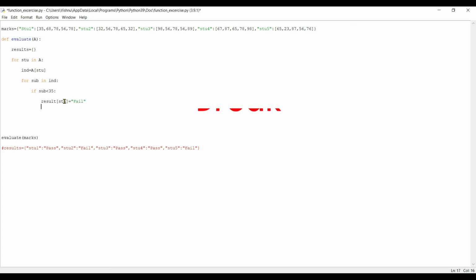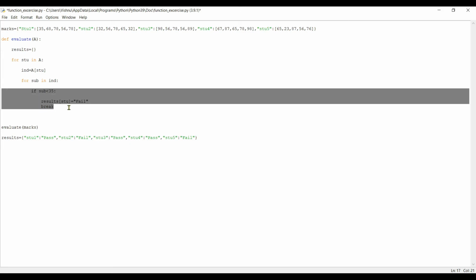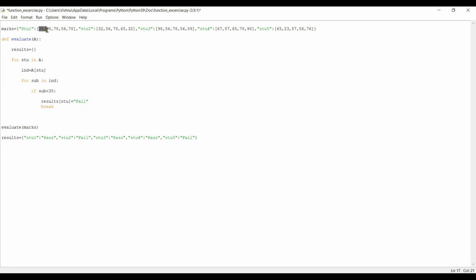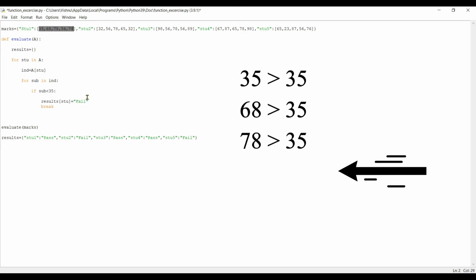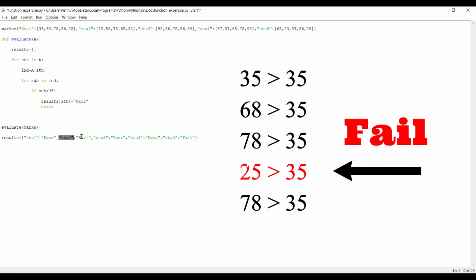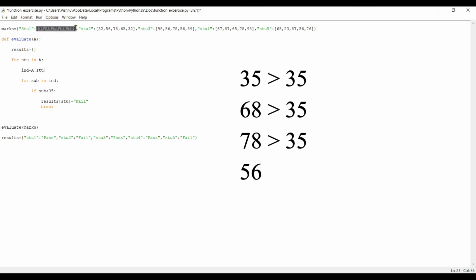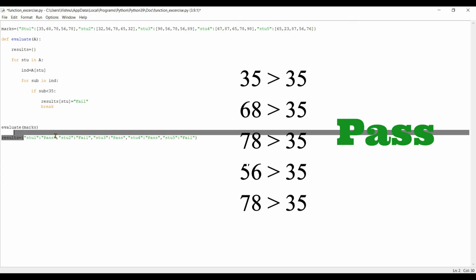After that, we need to break the loop. For that, we can use break keyword. Here what we are doing is if any one of these mark lesser than 35, we have to declare that is failed. Otherwise, if all the 5 subject marks are greater than 35, we have to declare that is pass.